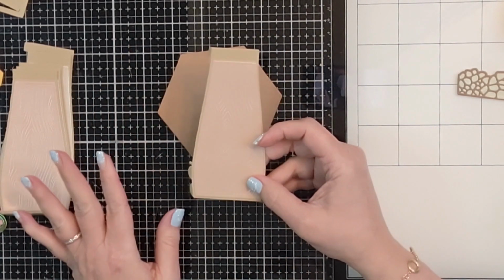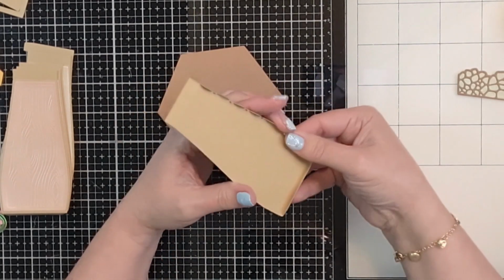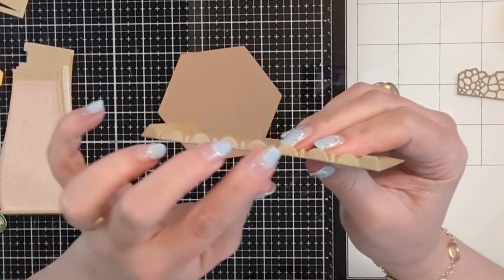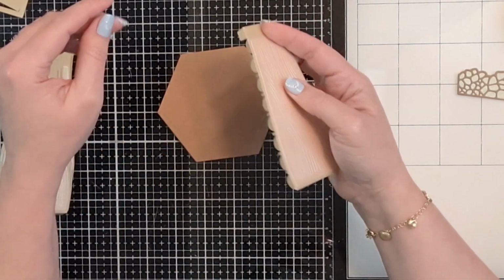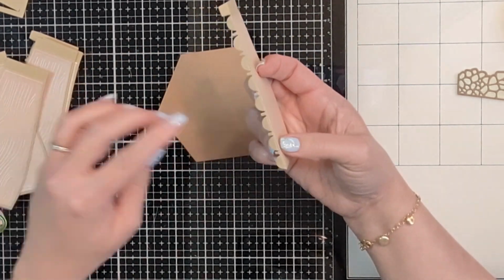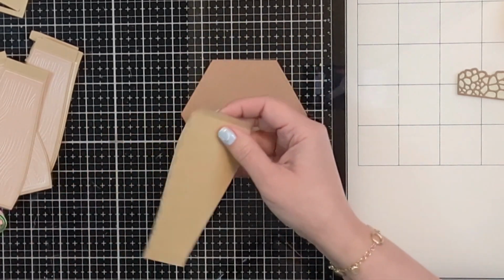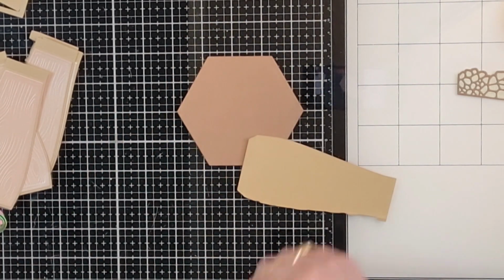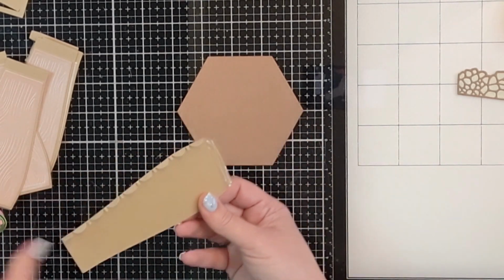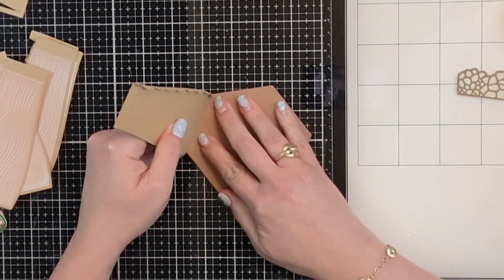Because I have these in front of me, let's go ahead and start with this. So what you're going to do is fold and burnish all of the tabs. Now, whenever you see a semicircular tab like this and the little rectangles, all that means is that you're going to be able to adhere those little tabs to the adjacent panel, and the little rectangles are kind of there to just fill in the space, but you can go ahead and apply your adhesive down here on the larger tab in the bottom,